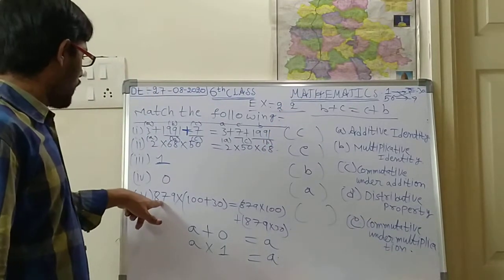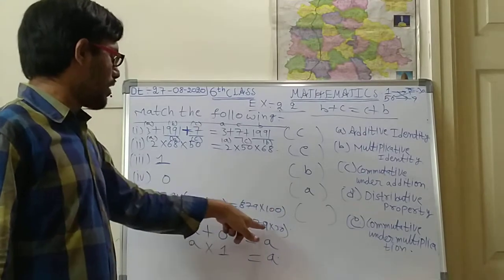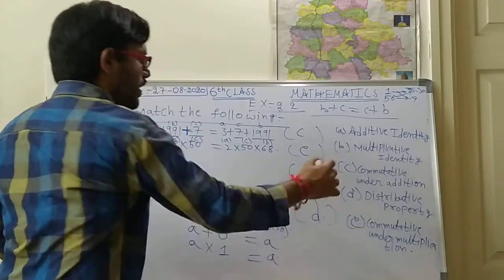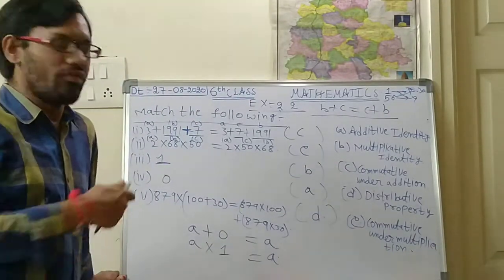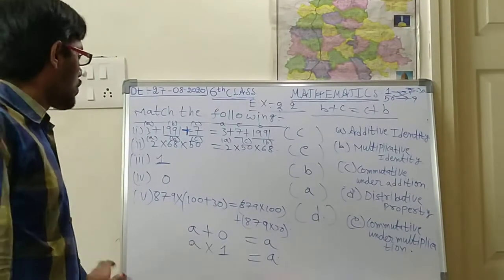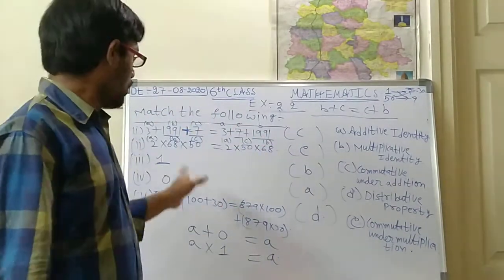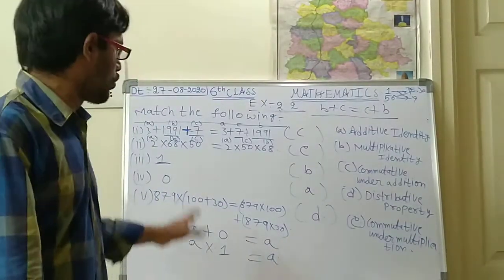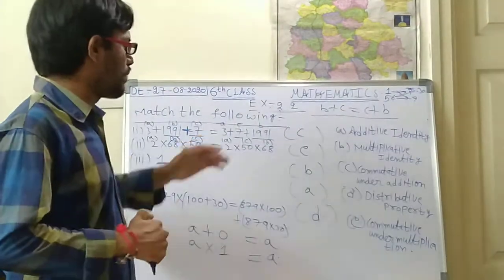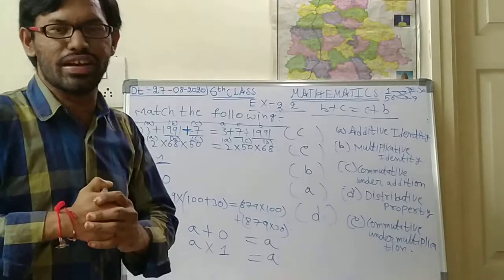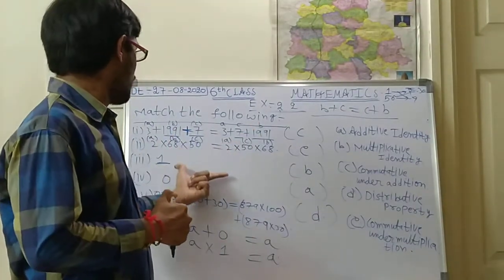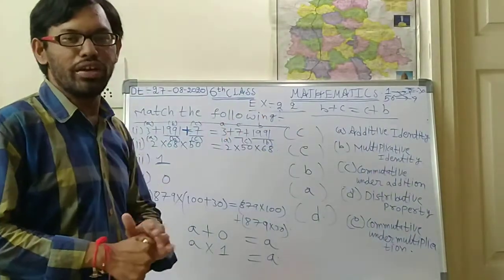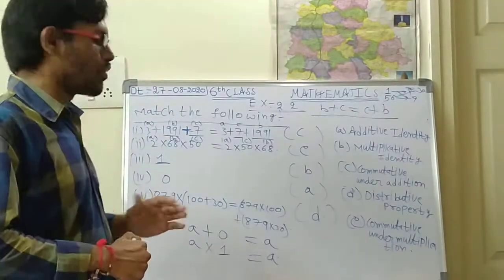And what is the last one? A into (B plus C) is equal to A into B plus A into C. So this is the distributive property. I hope you are understanding very easily, children. Like this you have to match the following. This type of problem they will give in the government pattern. This will also be used for representation skills. If you represent the correct property by seeing the numbers, then it will be helpful to you. So this is about today's class.